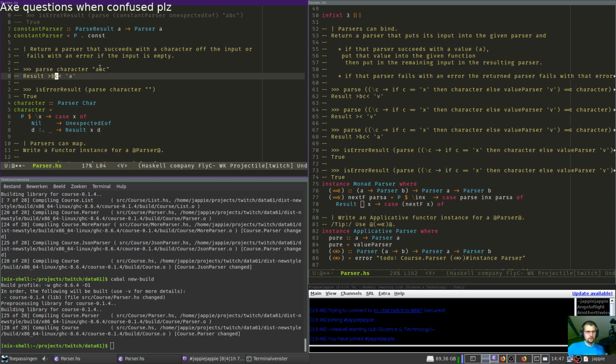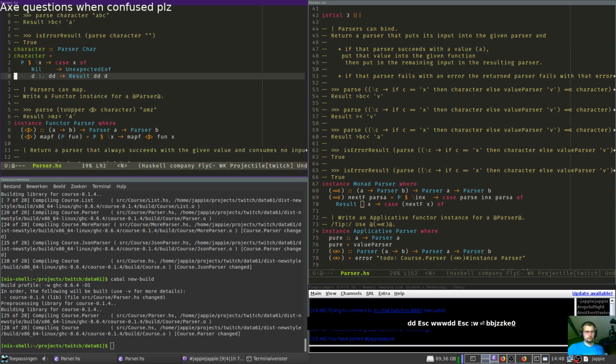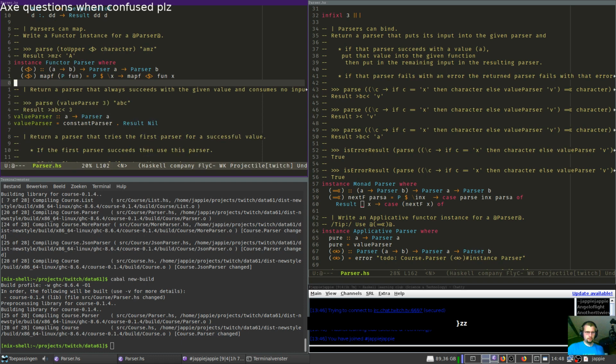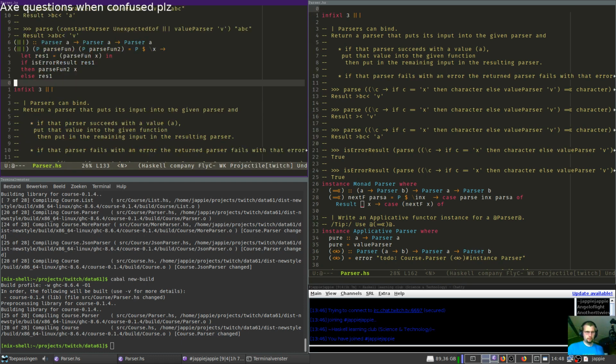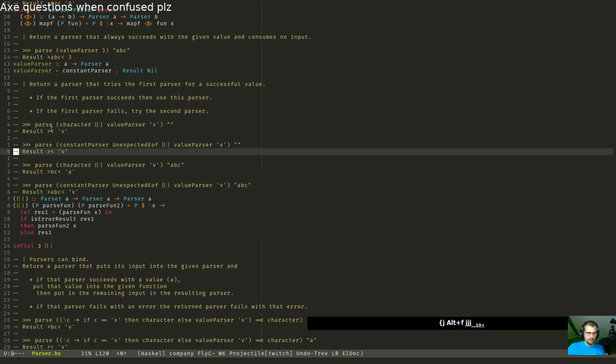Oh no, they show the example, right? Parse characters ABC, then result is B, C, and A. But I'm doing it wrong here. It should be like this. And this kind of stuff we can't encode at type level. So you just need to read the descriptions and maybe make tests if you're fancy. But I'm not fancy, so I won't. Also, I'm bad at reading stuff. That's why I like type systems, man.